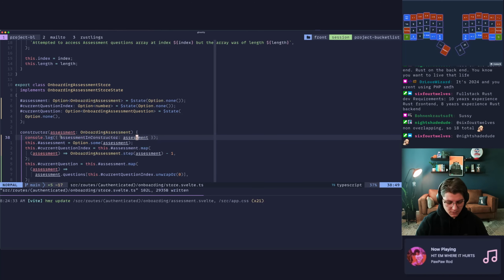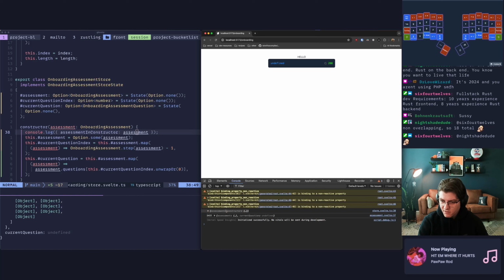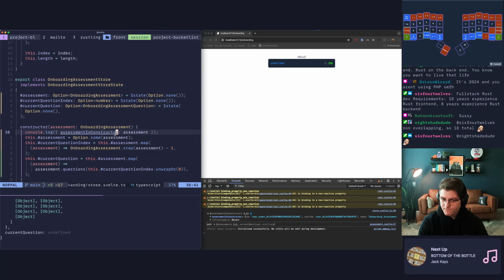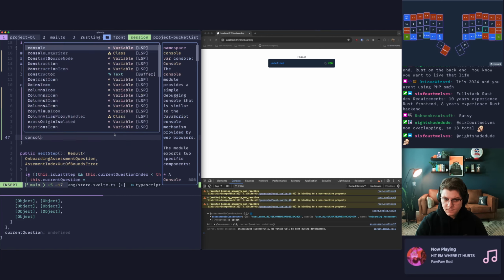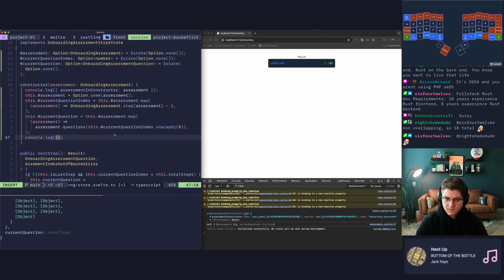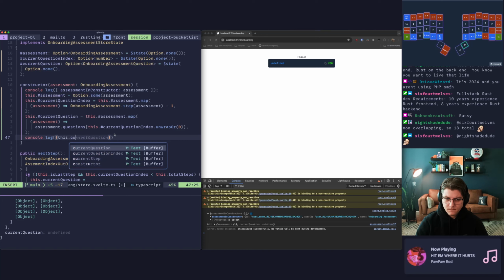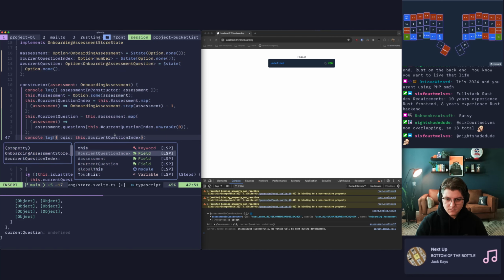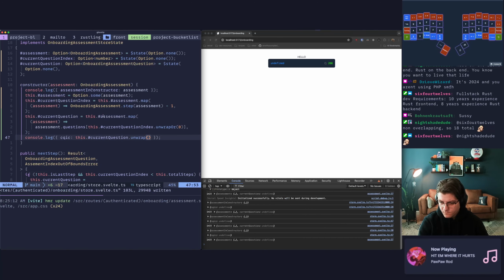If this is undefined, that would be a little bit confusing, but we're going to find out. Current question in constructor is going to be this.currentQuestion.unwrap. All right, so this is coming back as undefined.